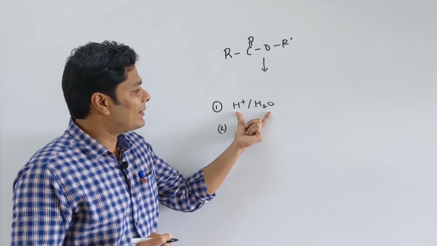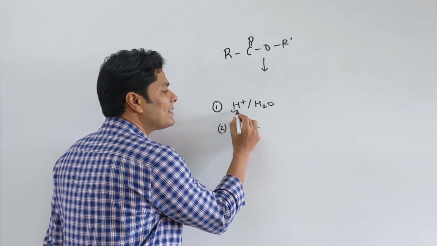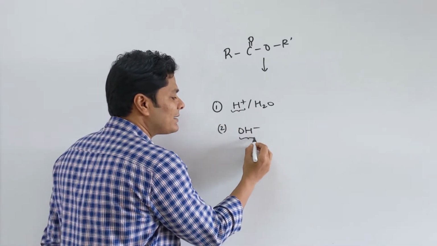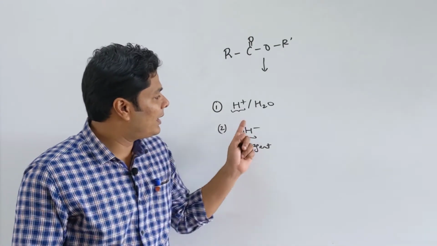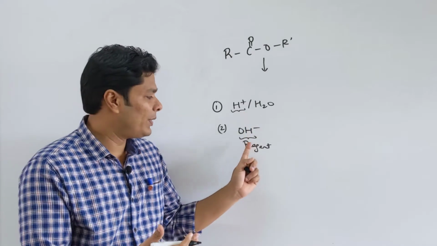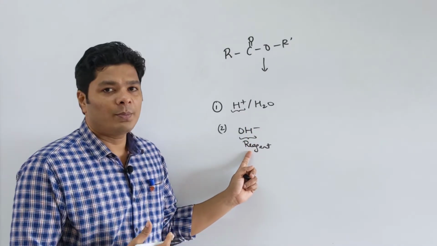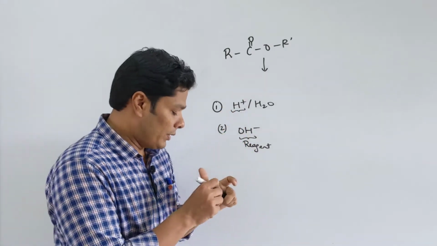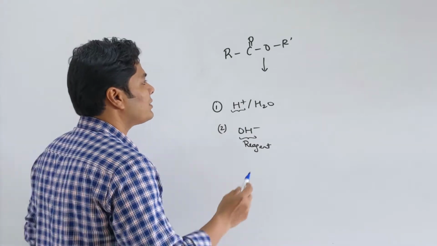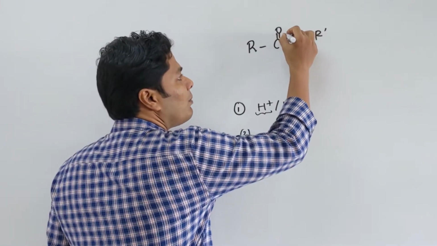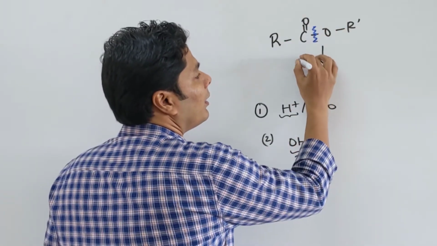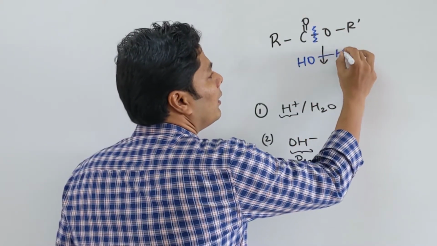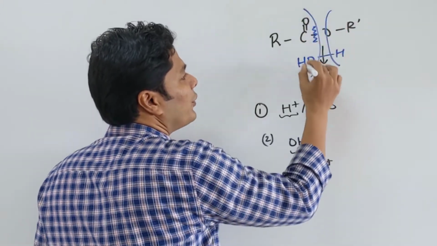There is a fundamental difference between the two. When it is acid catalyzed, the H plus acts as a catalyst, whereas when it is a base, this acts as a reagent. The difference is extremely simple. A catalyst is regenerated completely, whereas a reagent is used up in the process. Now when an ester is hydrolyzed, we want to be very sure that this is the bond that is broken and this is the alcohol and acid you are going to form.